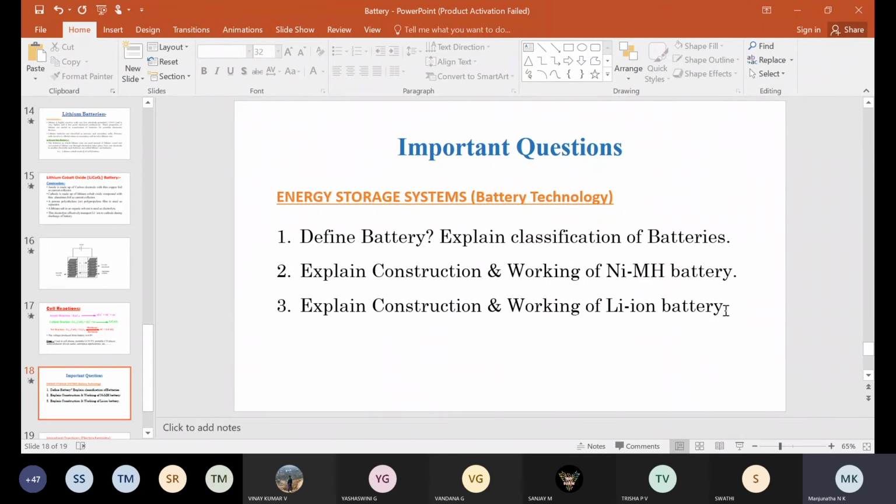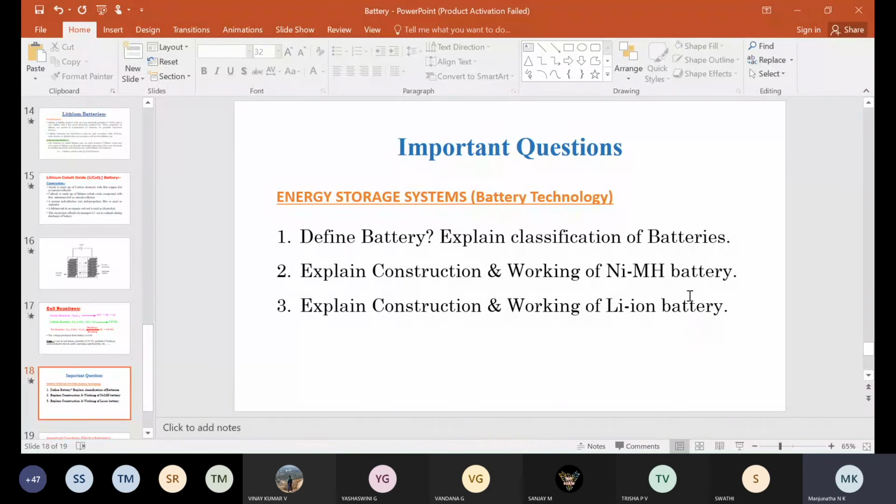So once you get lithium ion battery, you come to know that it is the lithium cobalt oxide battery, as an example for lithium ion batteries. So you need to write down first the diagram, then the same: which is the anode material, which is the cathode, which is the electrolyte and which is the separator. Then in working, you need to write down anode reaction, cathode reaction, net reaction. Is it clear? These three questions without fail you will get in your examination also, test also.